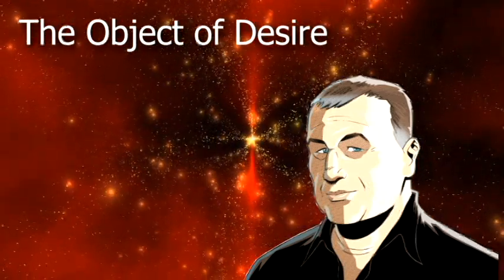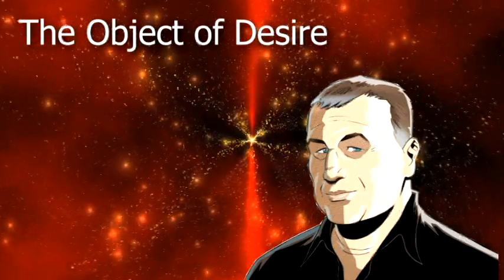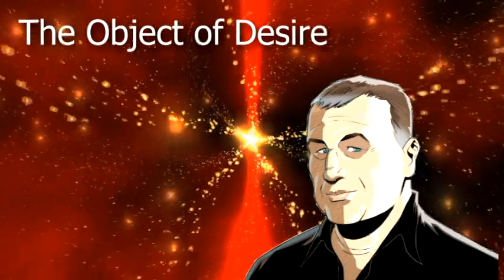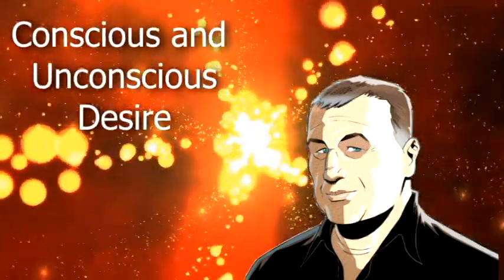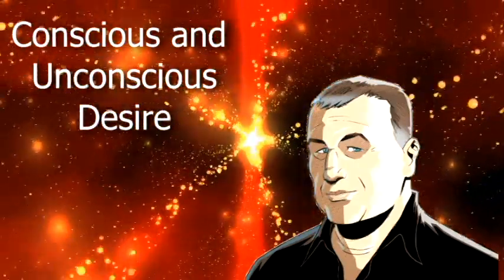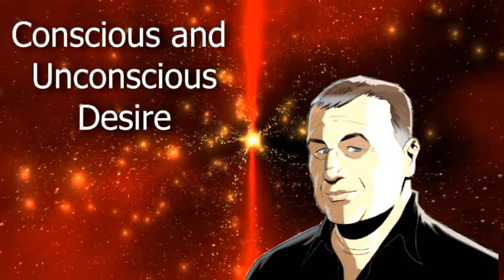The object of desire is the thing that your main characters seek, and your antagonist or villain is trying to block him or her from obtaining that object. So starting out, you need to know what your character wants, your main character. That is a primary focus of the story. But there's also a second part to this.